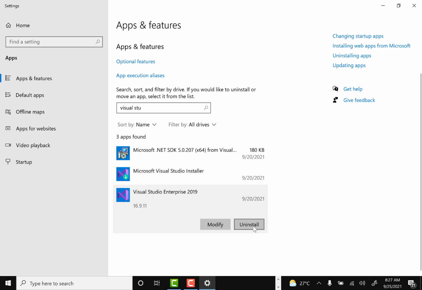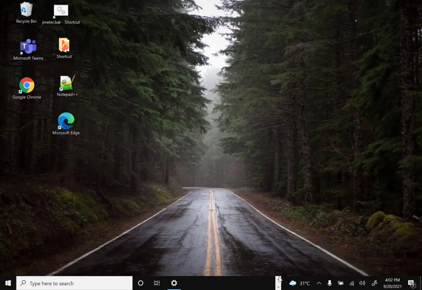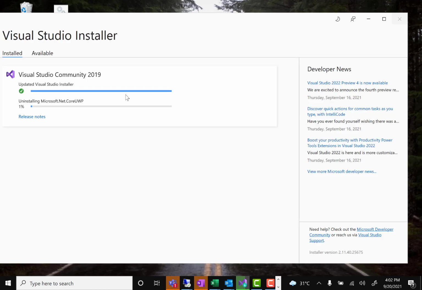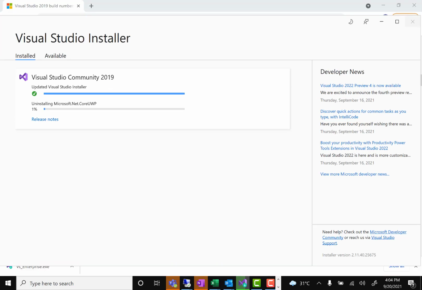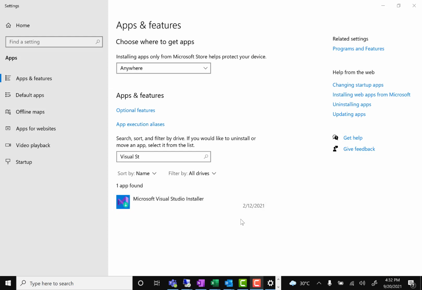So let's click on this one and see what happens. Once it happens, it starts the uninstall process. You can see it has started uninstalling the applications. Basically, whatever packages you have installed, first of all it will uninstall those, and at last it will uninstall the installer. Now the uninstallation of Visual Studio 2019 is done, and now let's come here and uninstall this